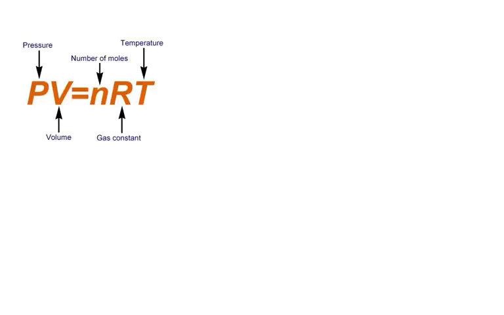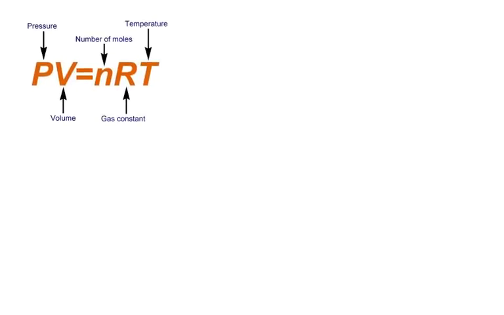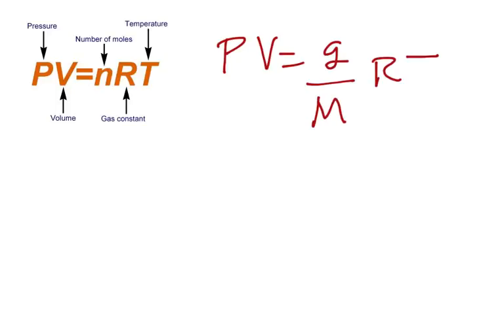Now, in the same way, if we start with the equation again, then we could go back and say, let's say pressure times the volume is equal to mass divided by molar mass times R times T. Now, if we wanted to get density this time, we know that density is the mass over volume. And we can say, well, if I want to get that expression, then I can put the mass